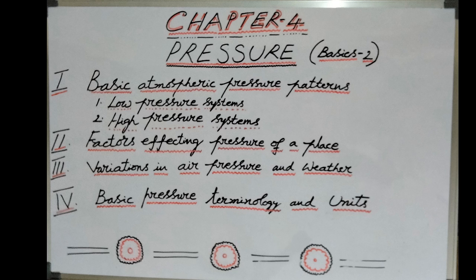Now, what are the differences between cyclones and anticyclones? In cyclones, the pressure is lowest at the center and increases gradually towards the outer rim. In anticyclones, the pressure is highest at the center and decreases gradually towards the outer rim. In cyclones, relative humidity increases towards the center and brings cloudy weather. In anticyclones, relative humidity decreases and clouds are dissipated, giving fair or clear weather.